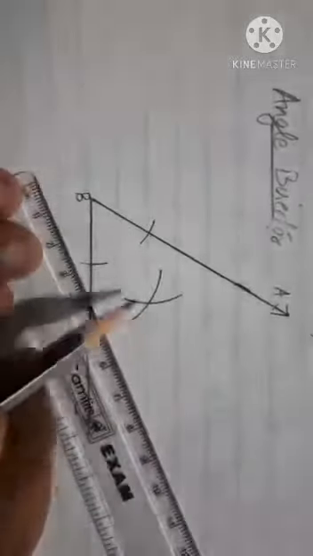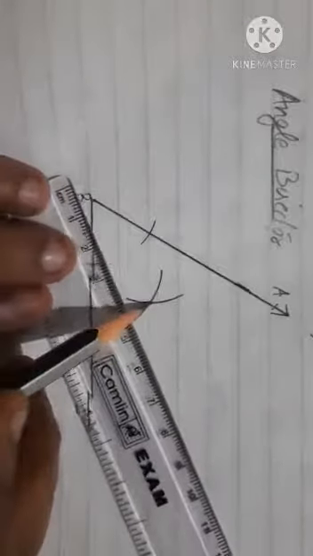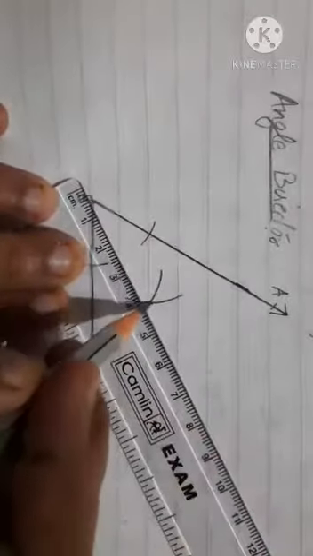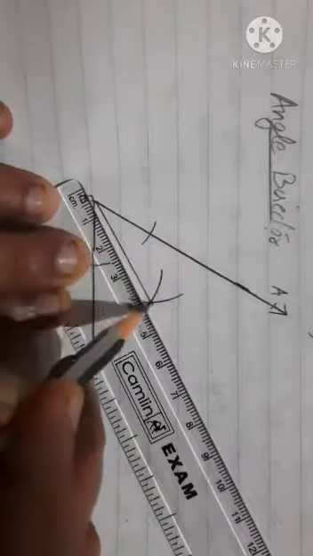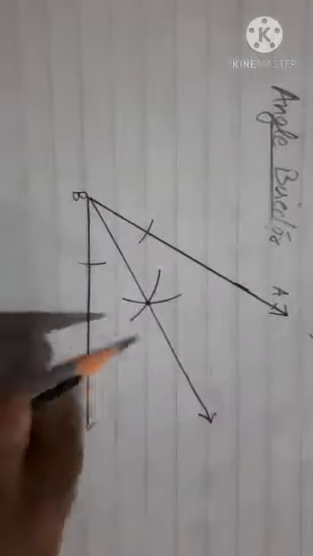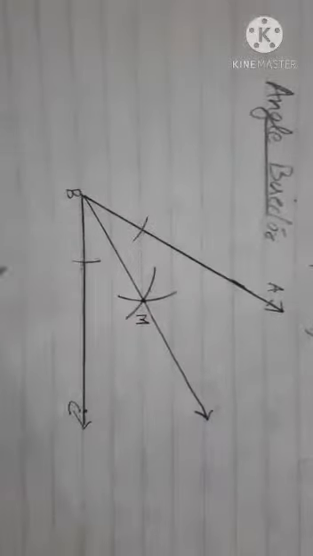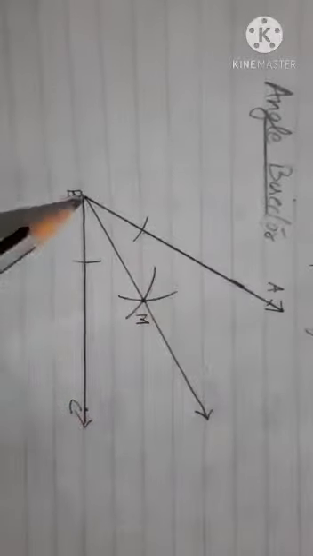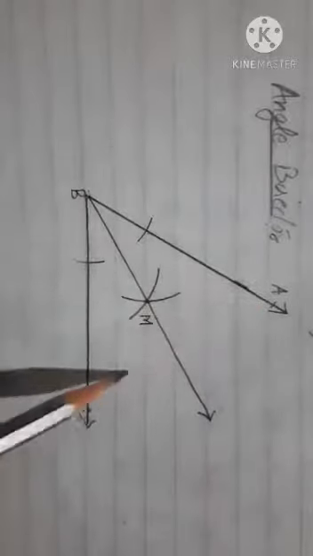Last step, very easy. Now you have got a point where these two arcs meet. I will start drawing a line from point B and try to join both the points with the help of a scale. So I'll take this, I will cut through this point, and I will go ahead. I will put an arrow mark. You can label this as M. So this line divides the angle ABC. Ray BM divides the angle ABC into two equal parts.